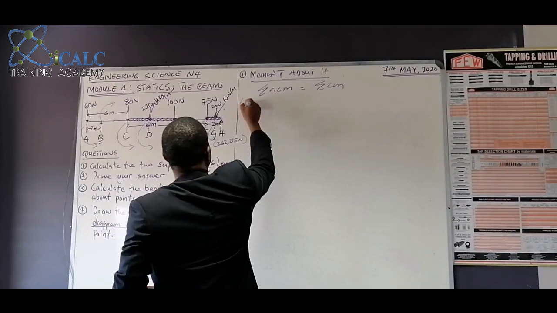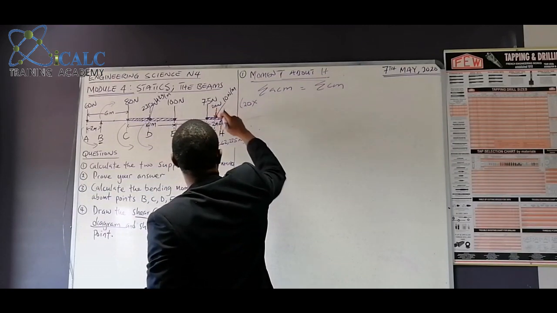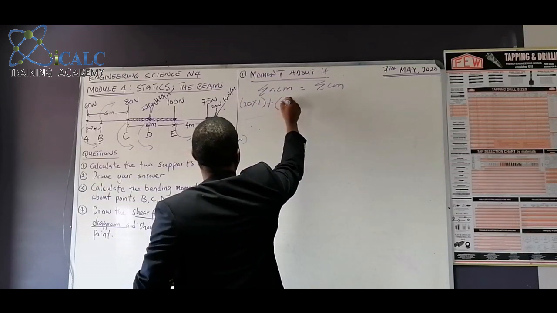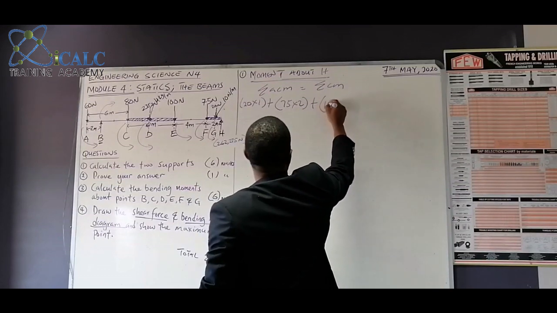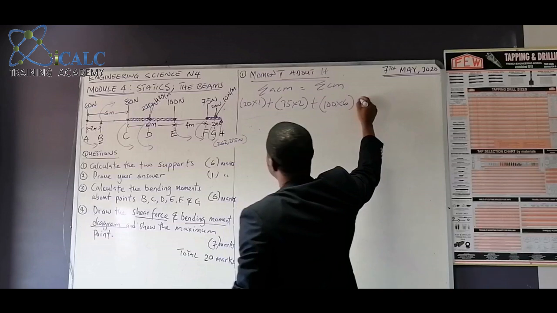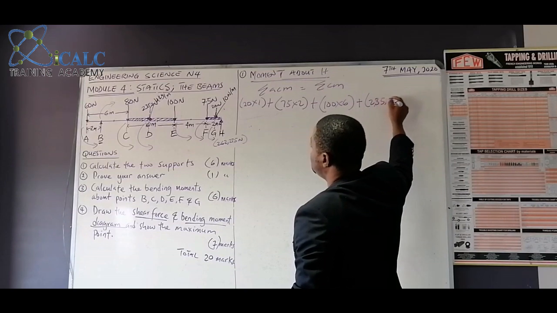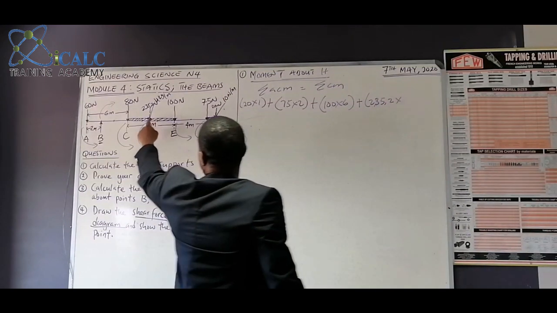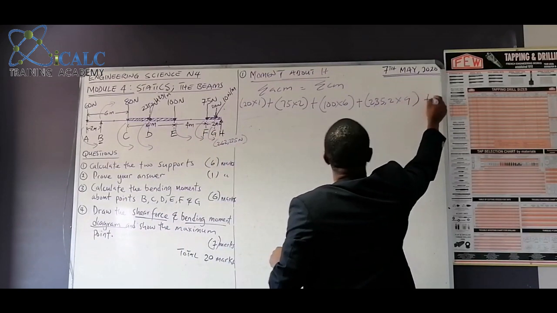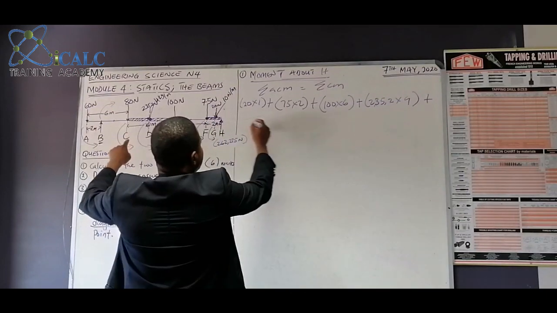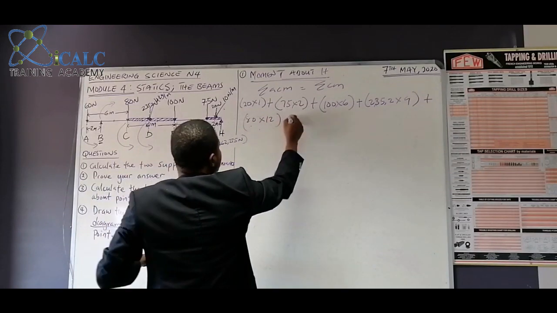So we start. For anti-clockwise, 20 multiplied by, the distance from here to this point will be 1, plus 75 by 2, plus 100 by 6, plus 235.2 multiplied by, from here to here is 3, plus 4 is 7, to there is 9, plus 80 multiplied by 6, 10, 12, plus